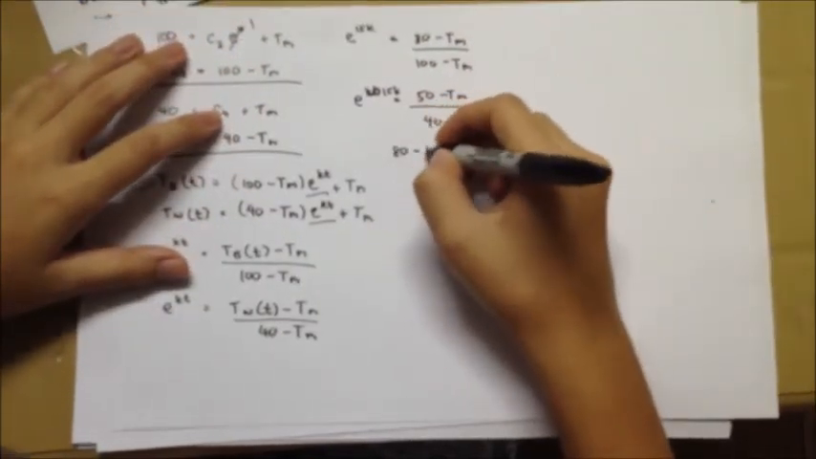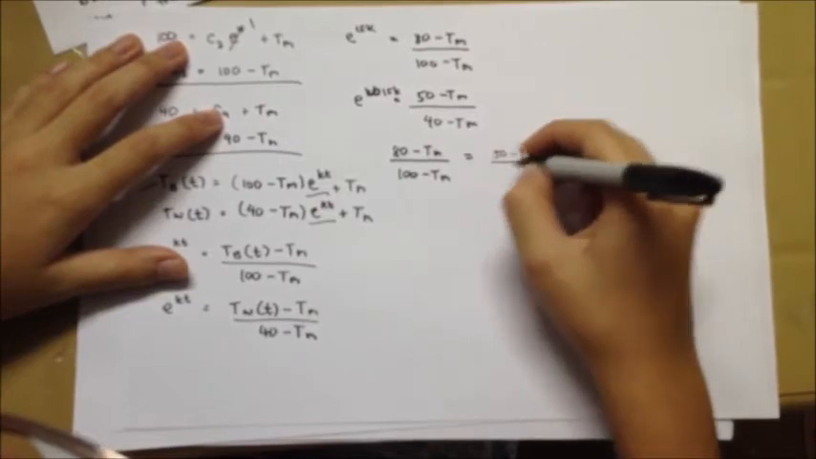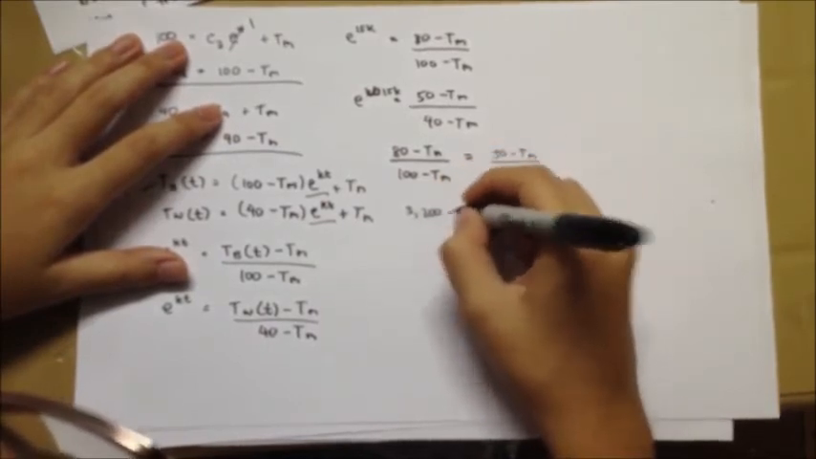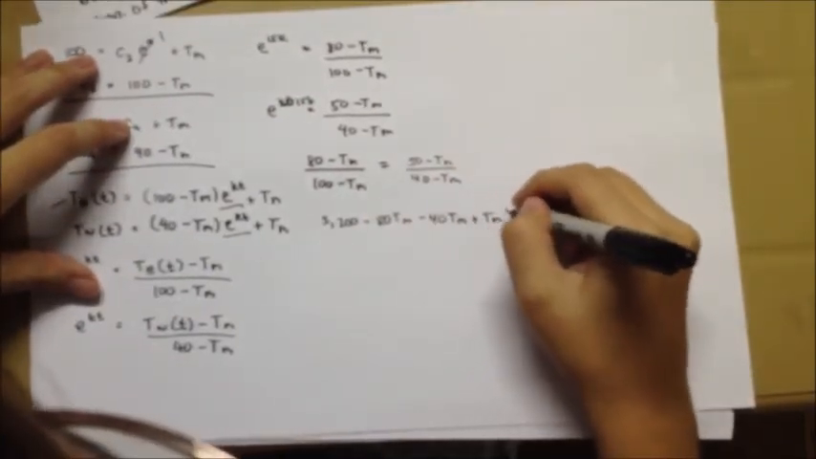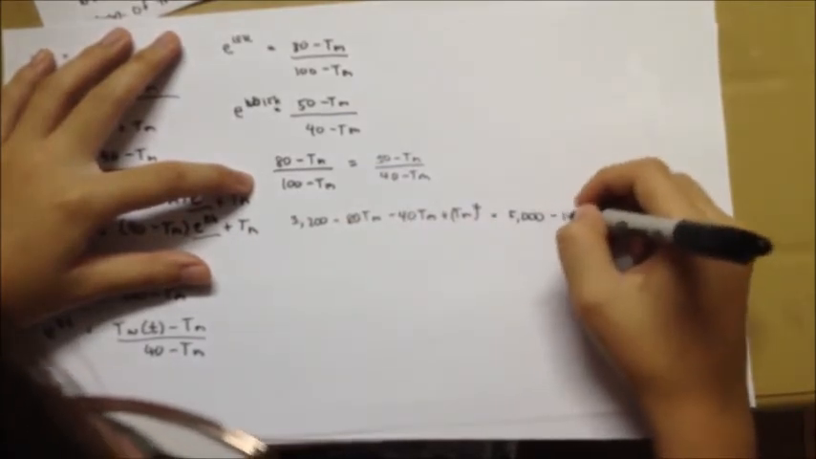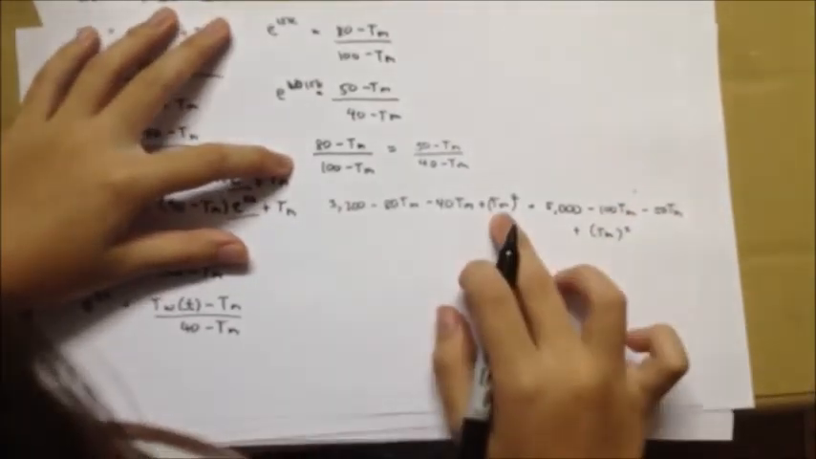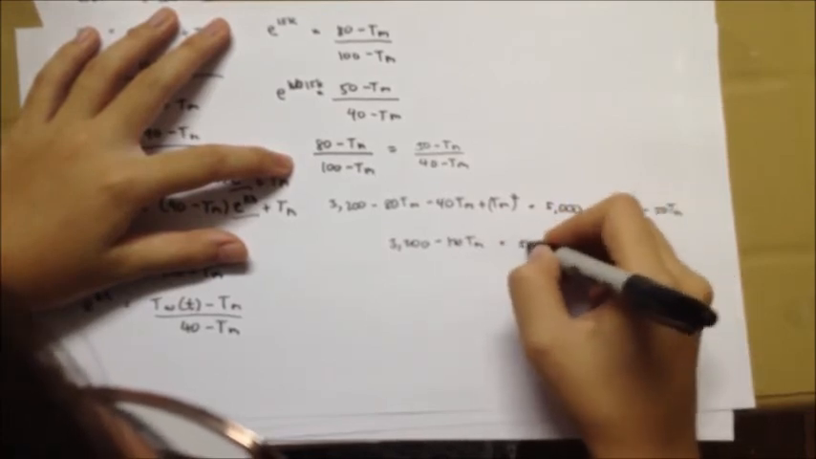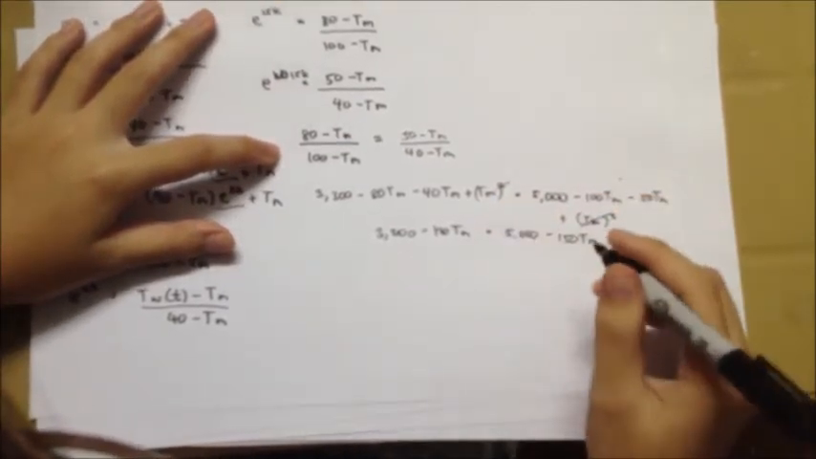So we have (80 − Tm)/(100 − Tm) equal to (50 − Tm)/(40 − Tm). Now, cross multiplying this, I will have 3,200 − 80Tm − 40Tm + Tm² equal to 5,000 − 100Tm − 50Tm + Tm². Now, simplifying both sides, I will have 3,200 − 120Tm equal to 5,000 − 150Tm. Cancel Tm squared there. So, combining like terms and solving for Tm, I will have